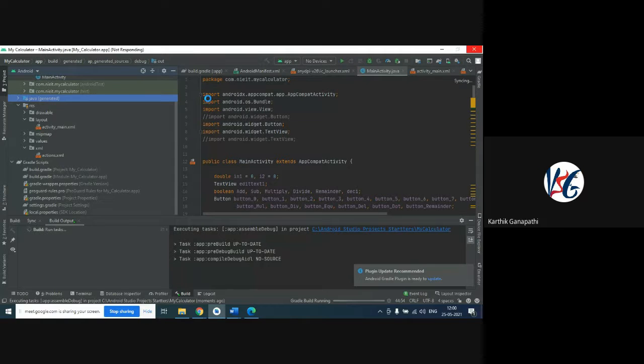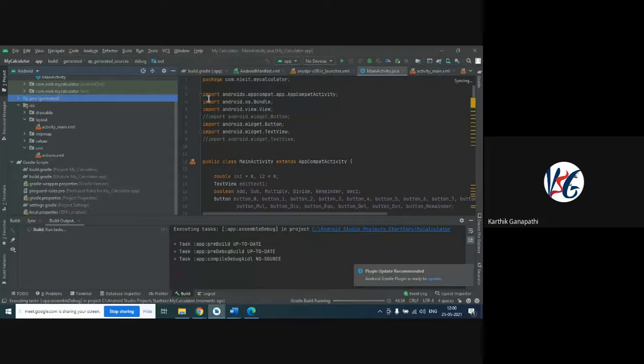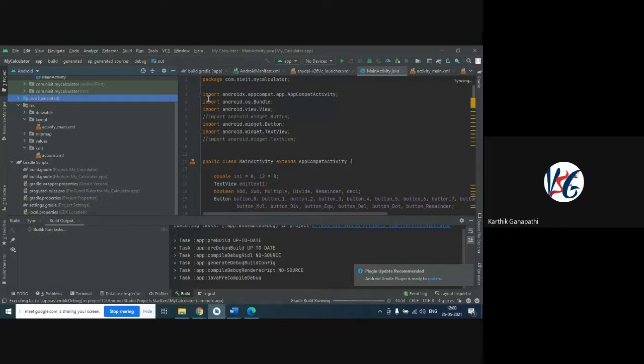Now you can see the building is in progress. Wait a minute. It is still running.